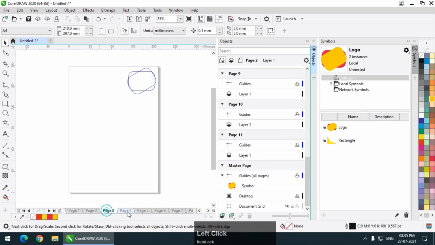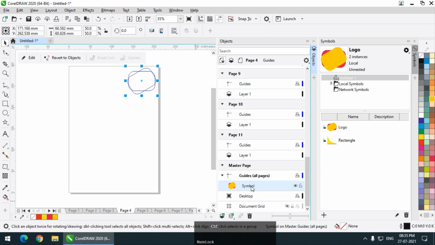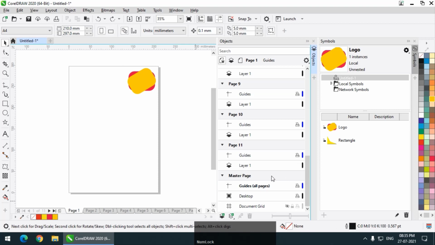So as you can see, now this is very important. I forgot to do that. I'll press undo. Now before pasting it, you have to create a layer on the master page like this. Go to this symbol over here, new master layer, and create a layer. Now we have a layer, and it says in the bracket all pages. So whatever we paste over here will be displayed on all the pages.